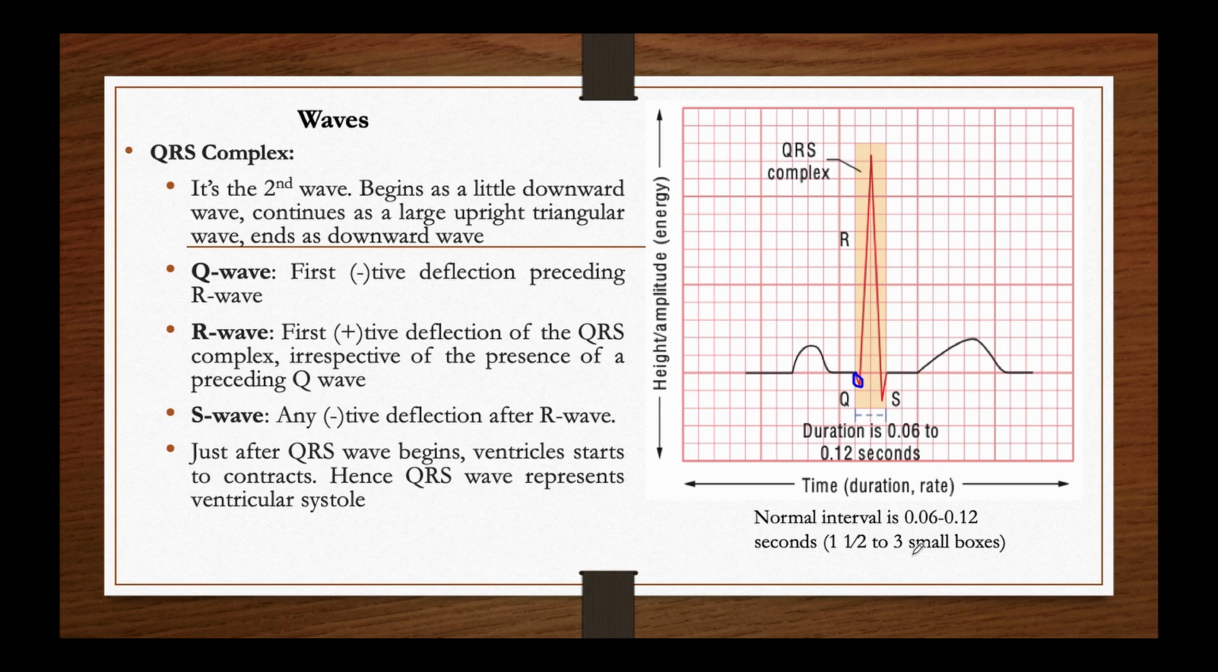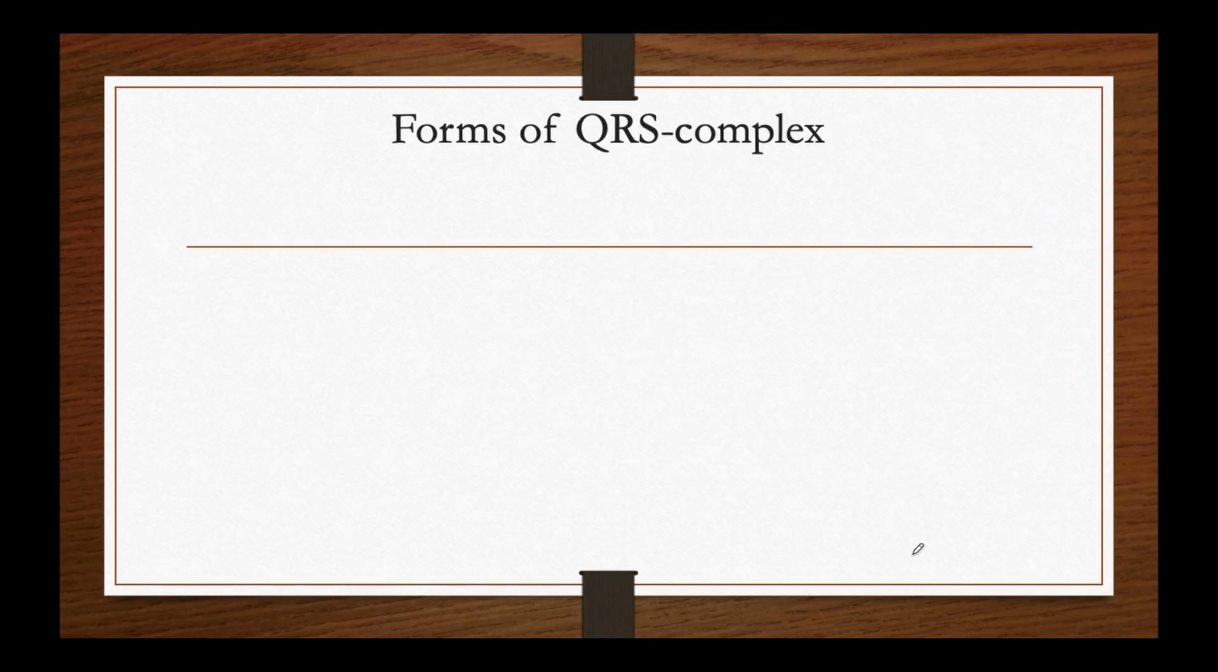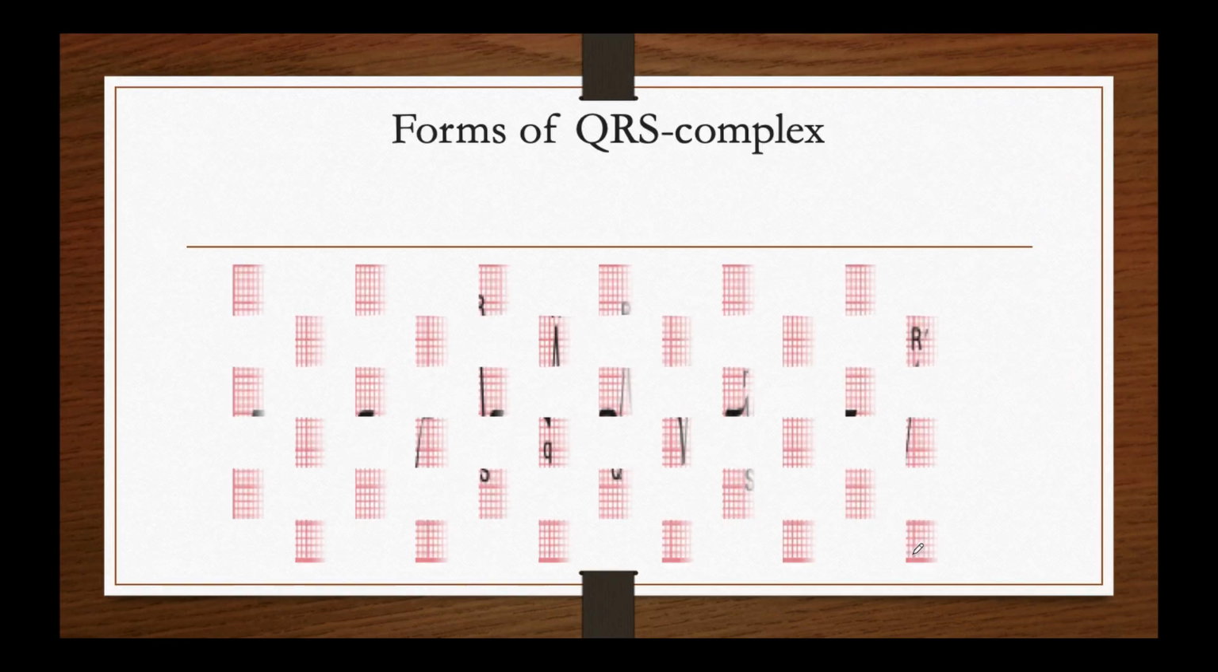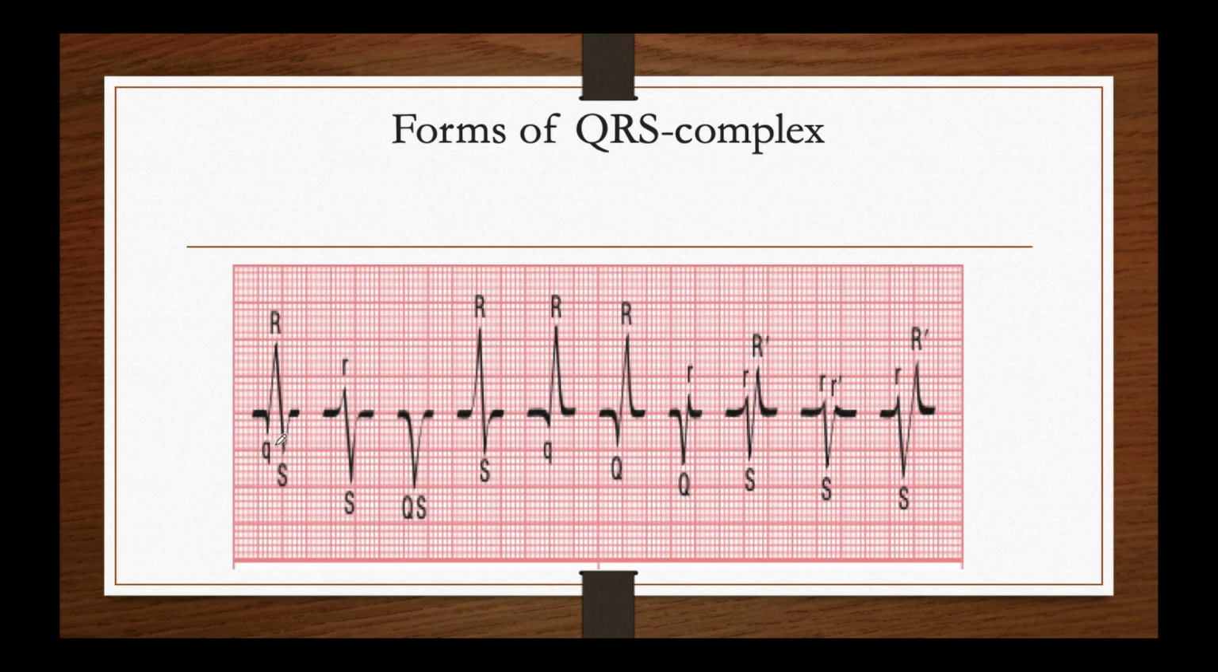Now, after the QRS complex, what else do we see? It's important for us to know that we have various forms of the QRS complex. So for example, we have the Q to be a negative deflection and the R a positive deflection. Then the next negative deflection following the R wave being our S wave over here. Then we're also going to have our RS